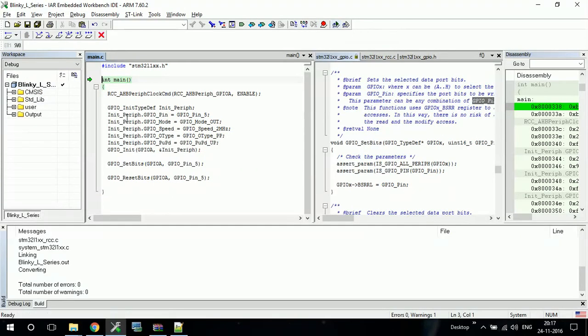So now currently my program pointer is at this point. If I use this step over function, it will go line by line, and when it reaches and completes this task, the LED will start glowing. So let me start.